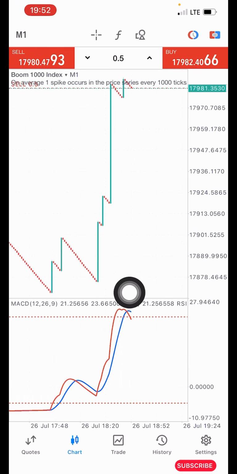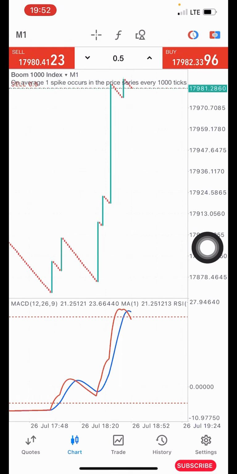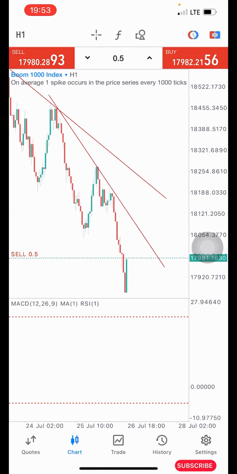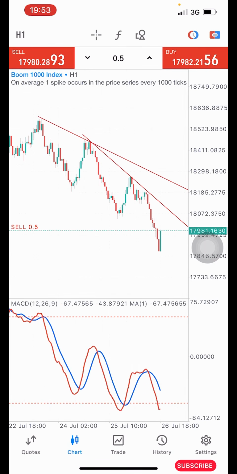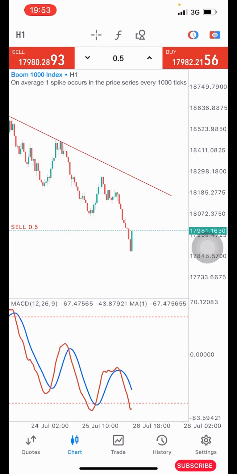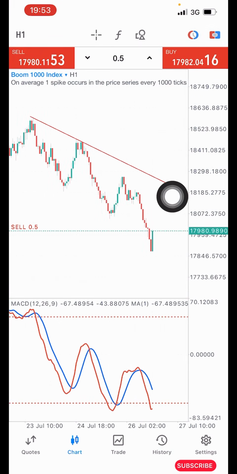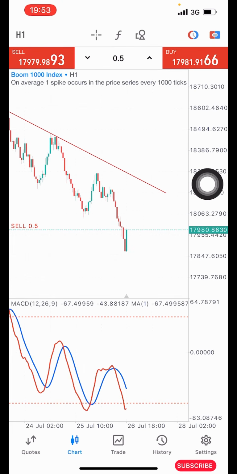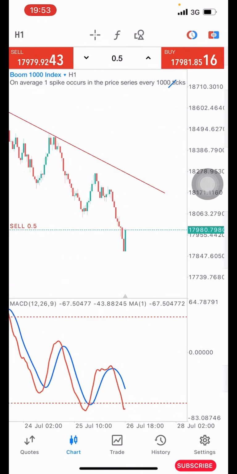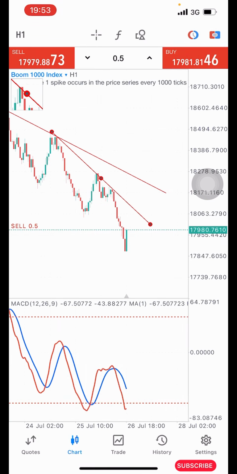All right, now back to this strategy here. Now this is how the strategy works. Okay, after setting it up, before you take any trade, make sure you are in a downtrend. All right, and this is how you have to do your analysis. You go to the 1 hour time frame. Now here on the 1 hour time frame, you can see that I've already done my analysis. All right, now this is what I did. You can see that I used the trend line to identify the trend, showing that we are in a downtrend. Right, now after you identify the trend,